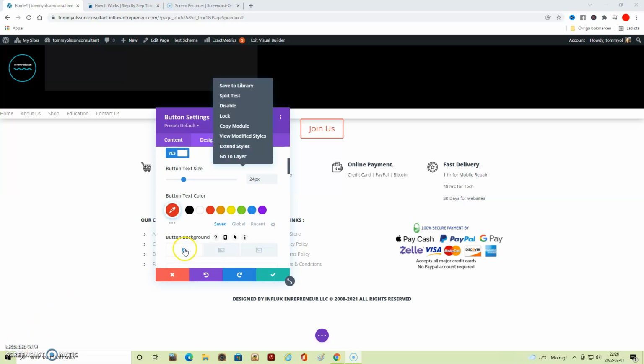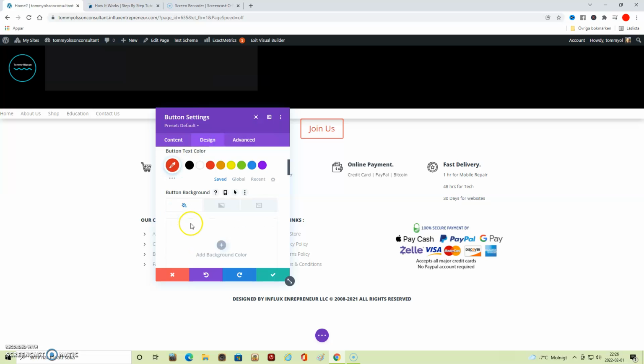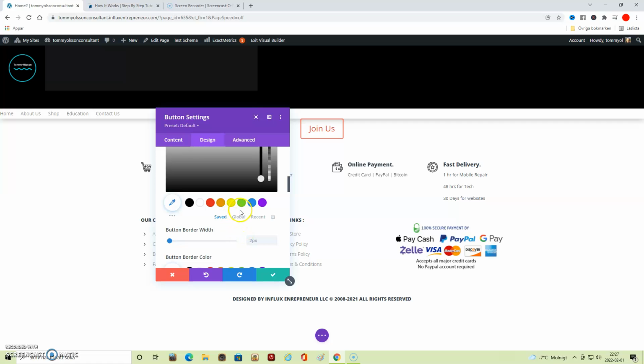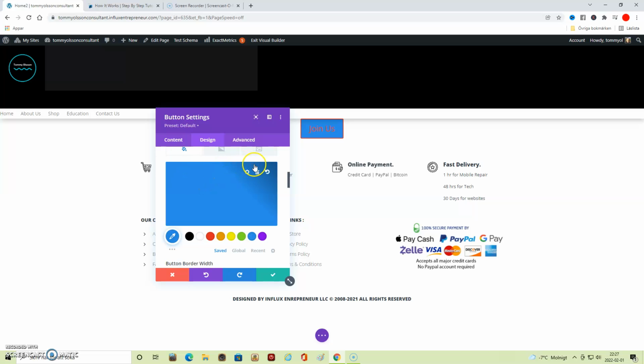We're going to change the background color. Let's say we want to have it in blue. Let's see now, we can have it a bit darker like that.